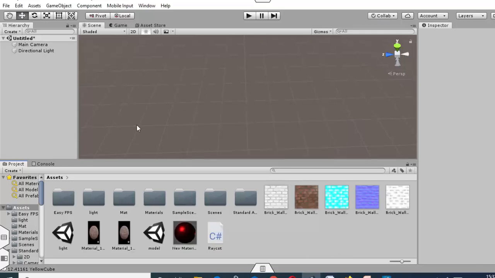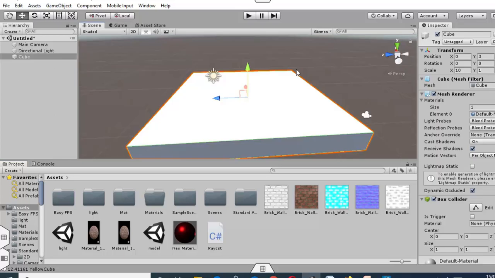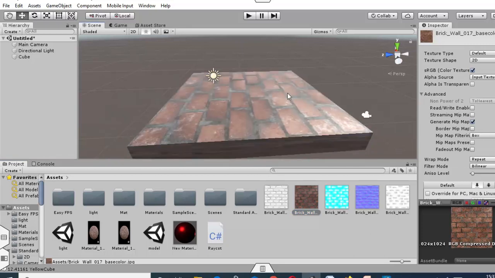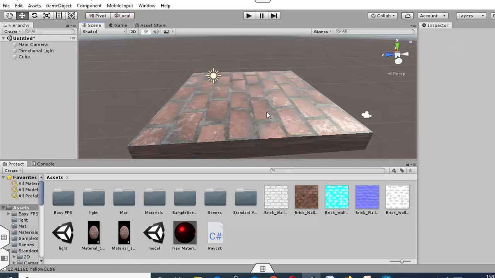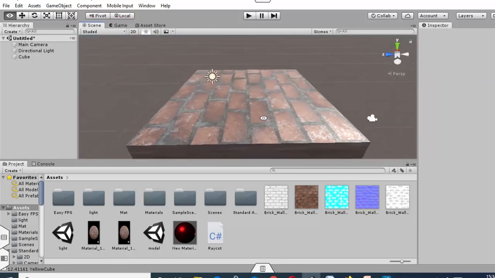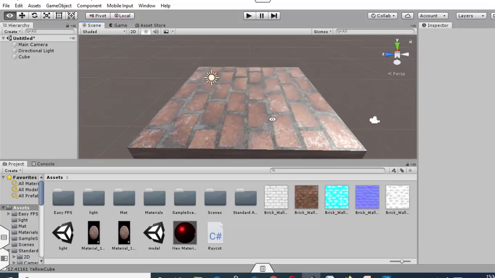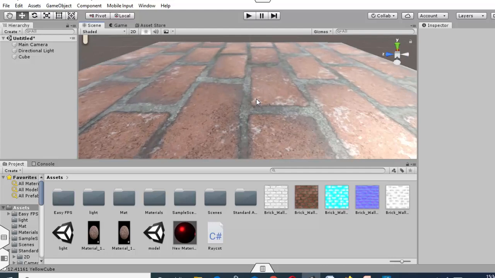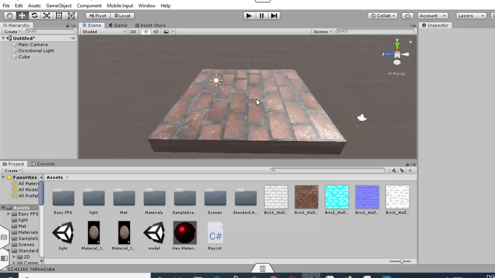So here all the textures are imported. First of all, we will assign this material to this game object. So here we can see that only a 2D image is applied on this wall, and there is no depth, no roughness.